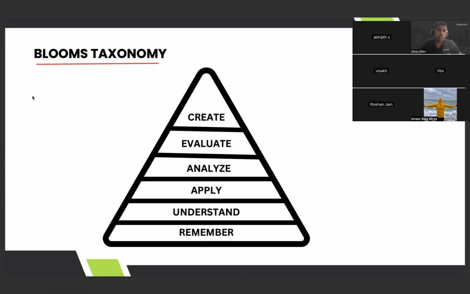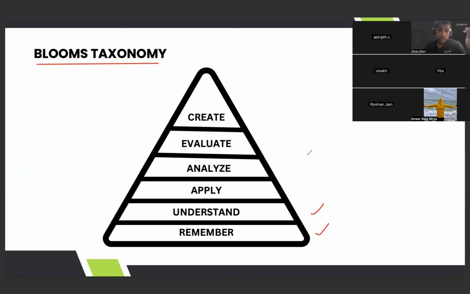So remember means what? If you think about when you studied your NEBOSH IGC or your IOSH MS, your first safety qualification, there you only require to remember and understand. If you are able to remember and understand, you will pass the exam. That's how difficult that qualification is. It was a level 3 qualification previously.